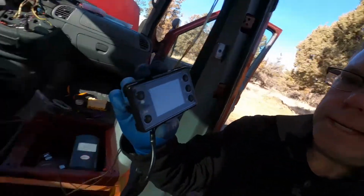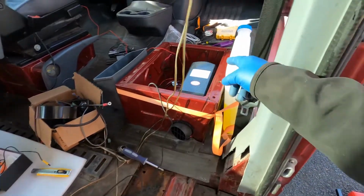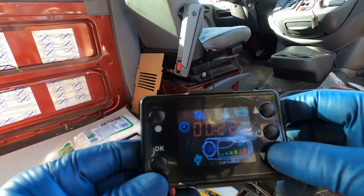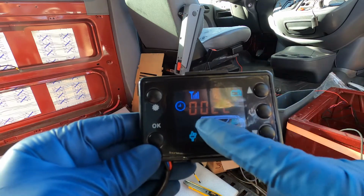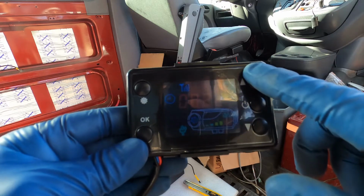If you have this controller, the same one that I'm using here, the trick is take the gas line that's going into the bottom of this off of the bottom of that. If you have one of these controllers like mine, when you get this thing, you're going to press and hold these two buttons here, the OK button and the down button at the same time. You're going to see an H pop up here, and it's going to say off. You want to push the up arrow